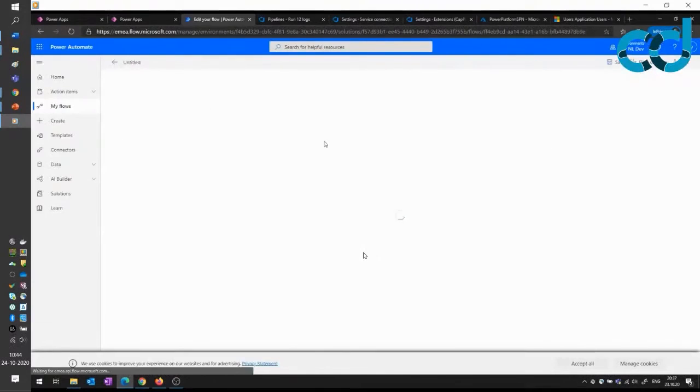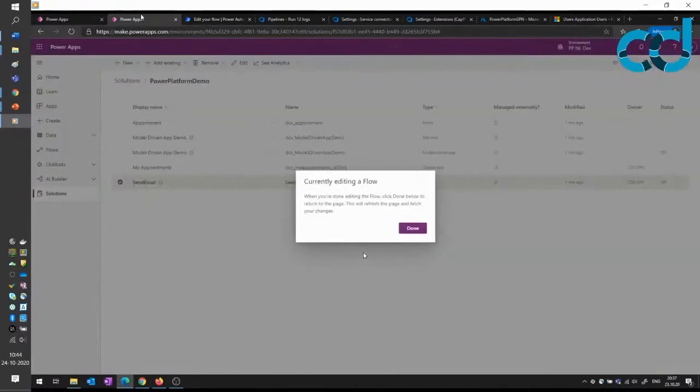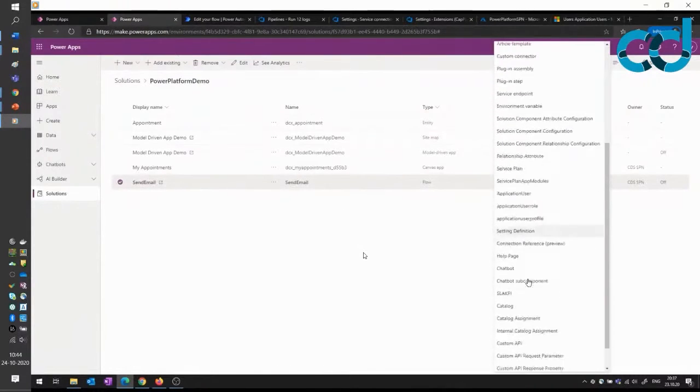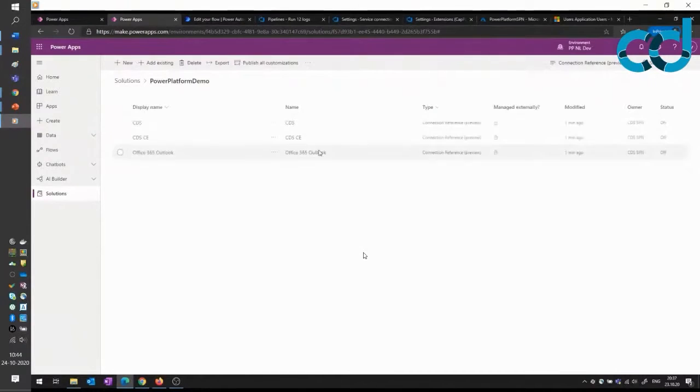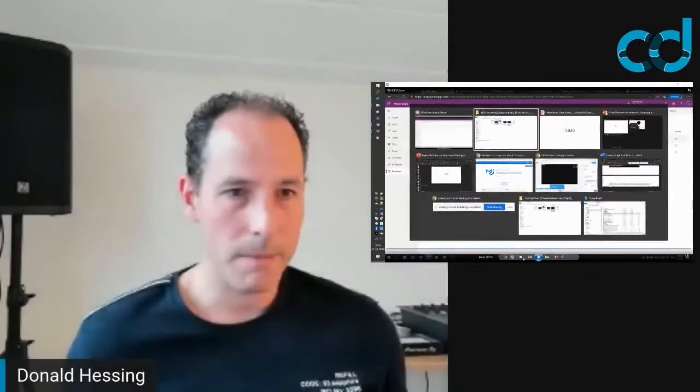These were the flows with the connections. So these connections come along, but we still need to set the data connections or the principals for connecting to the Office 365. Or maybe to your test database that you need to set the connections again. So that's it for this demo. But the Power Platform Tools now allows you to use that within CI/CD.